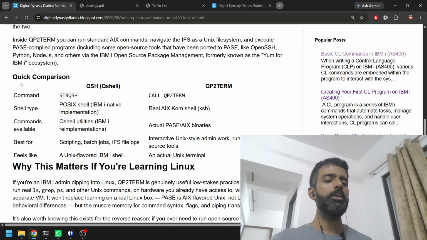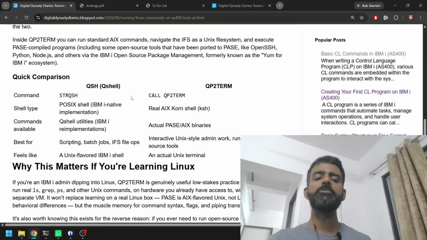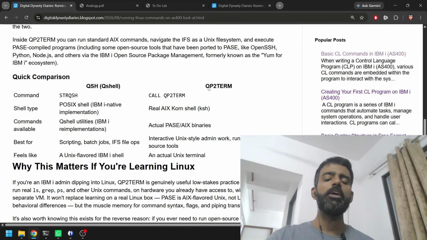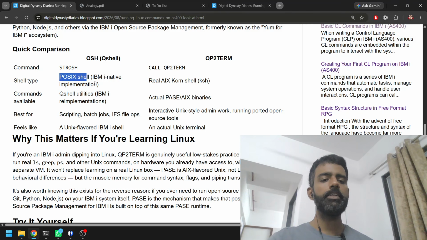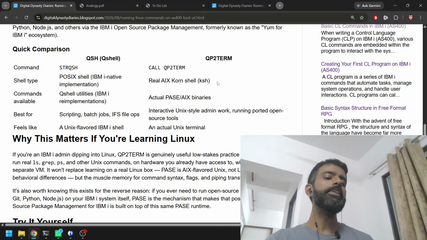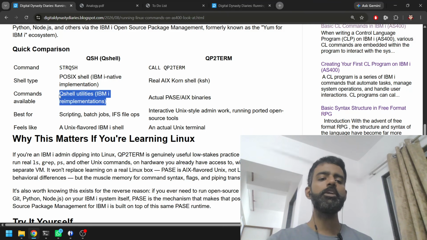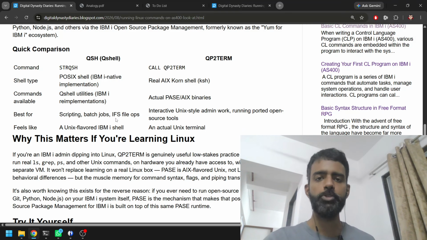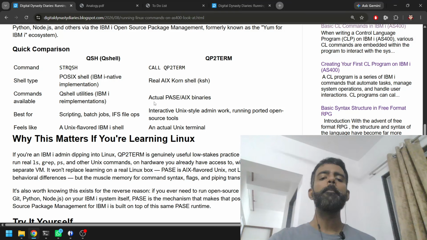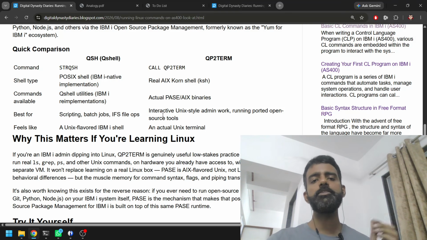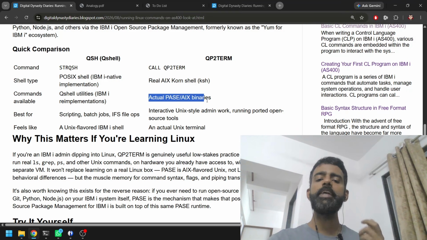So if we make a quick comparison of the QSH and QP2TERM commands, we can see that QSH is a simple, IBM native implementation, whereas QP2TERM is a real AIX shell. So it is a separate shell running in our AS400. Different QSH or Qshell utilities are available, and they are IBM i's re-implementation. So it is code which is rewritten. But the commands which execute inside of QP2TERM are the actual